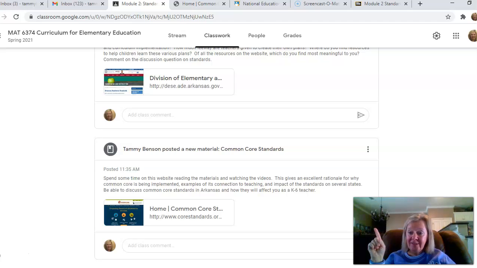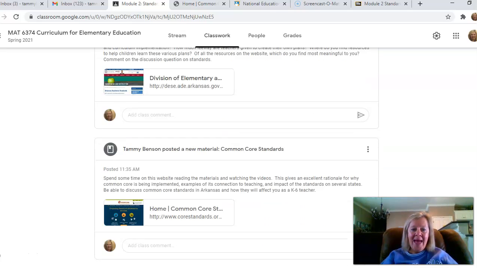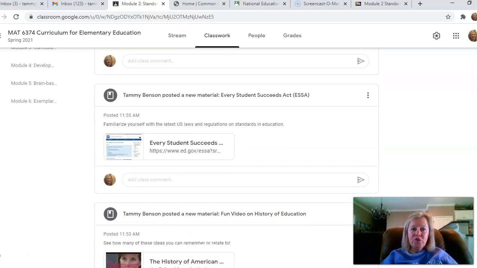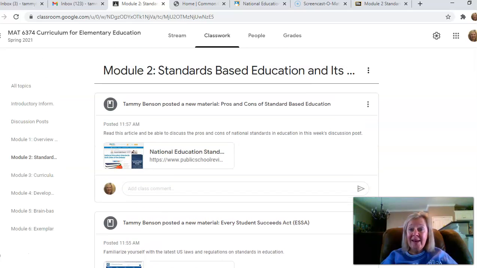We're only going to create one lesson plan, and we're going to walk you through how to do that. We're going to post it so that your classmates and fellow colleagues can look at it too. Those who are teaching might be able to give some great advice to those that are not teaching, or all of us bring different things to the table here, and we can all give advice and help. So that is Module 2, which is basically a lot of reading and one discussion post.